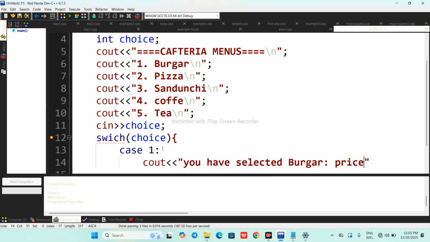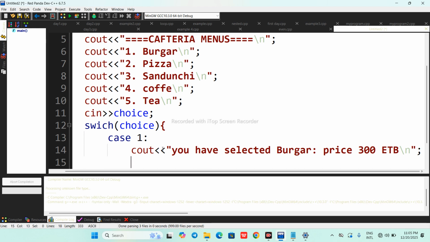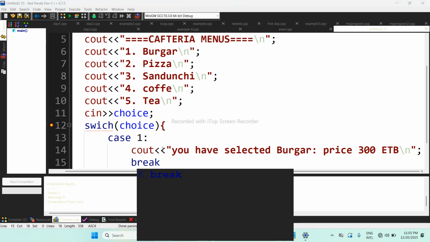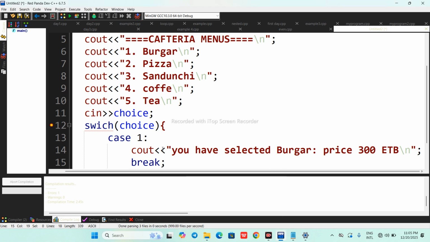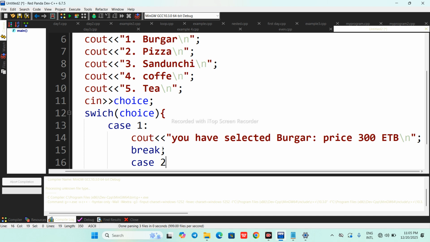Price 300 Ethiopian birr\n". Now we need a break, meaning the first case is completed, so we need to start another case here. So case 2 is there.